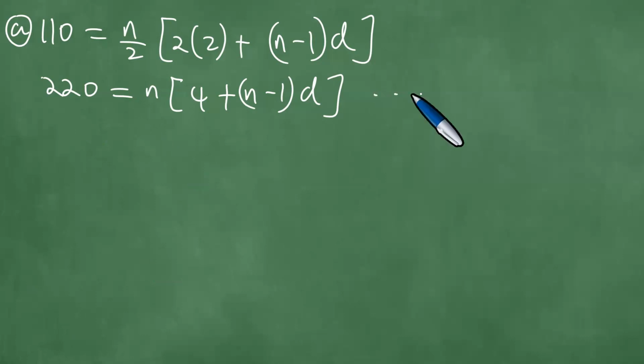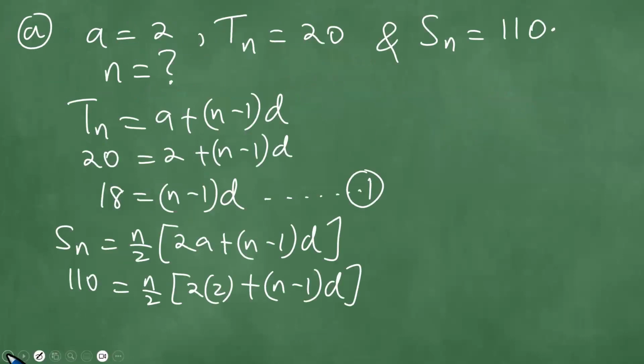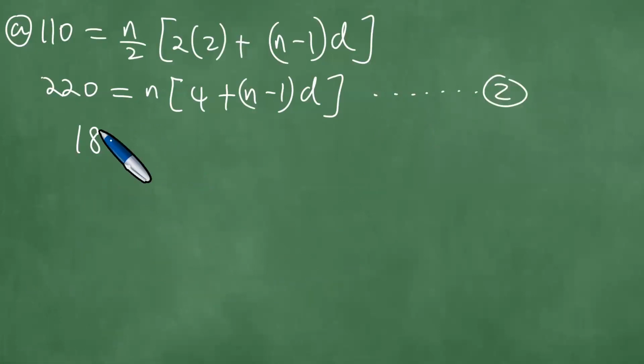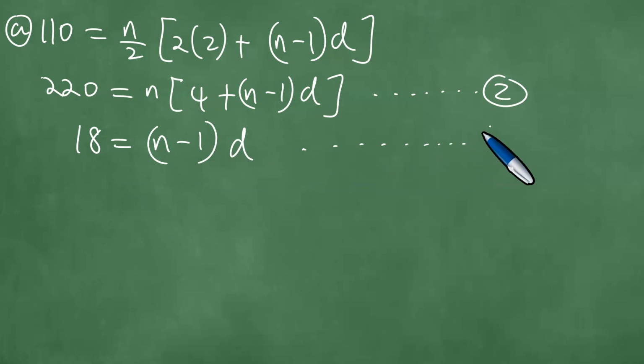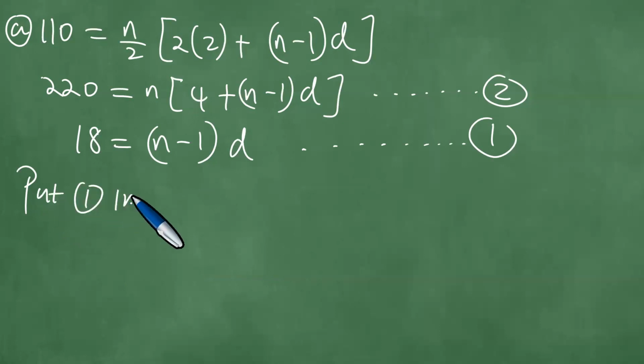Call this equation 2, and then have equation 1, which is 18 equals n minus 1 into d. So we need to solve this simultaneously, for n and d here. But already you can just put 1 into 2,